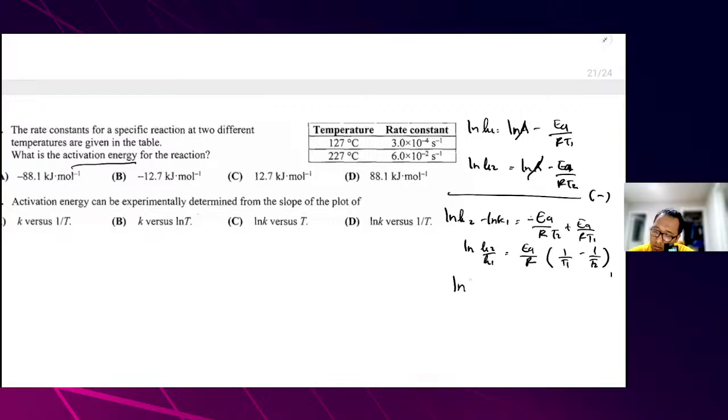Okay, ln of 6 times 10 to the minus 2 over 3 times 10 to the minus 4. So let's take a look at this one. ln of 6 times 10 to the minus 2 divided by 3 times